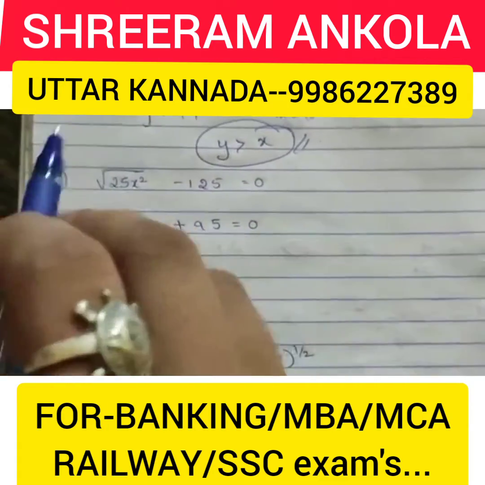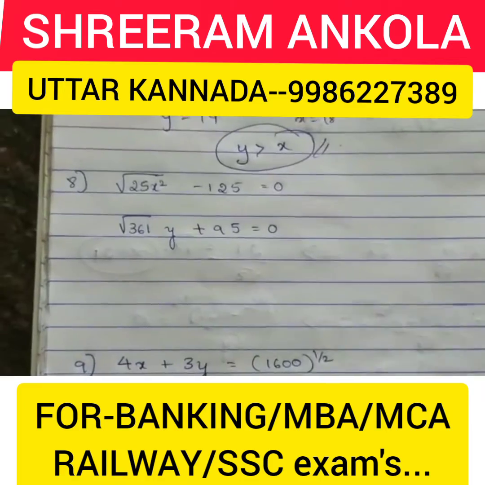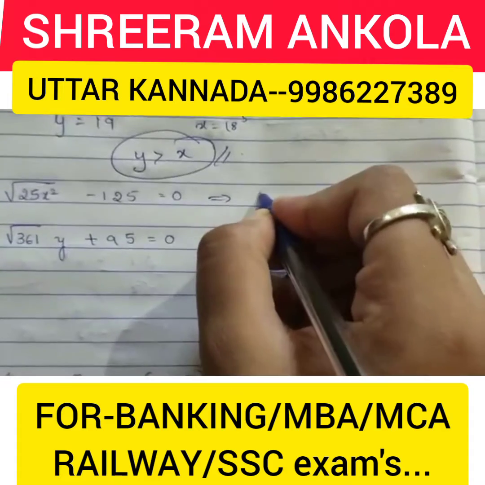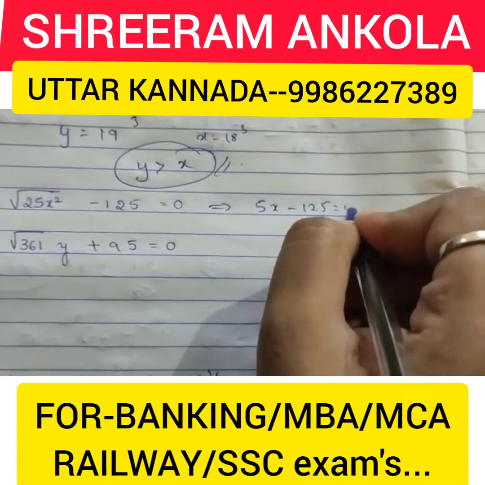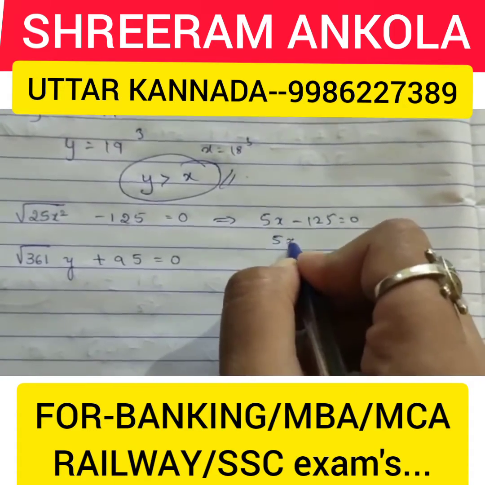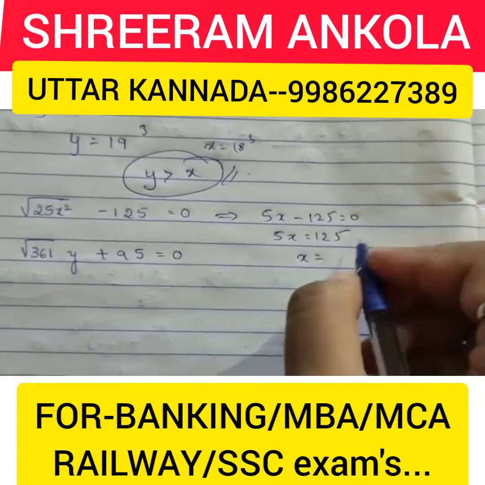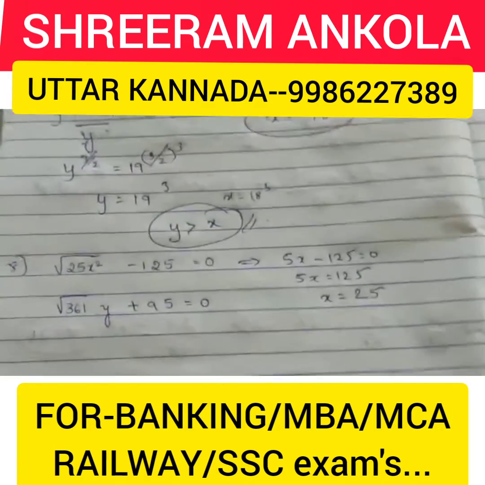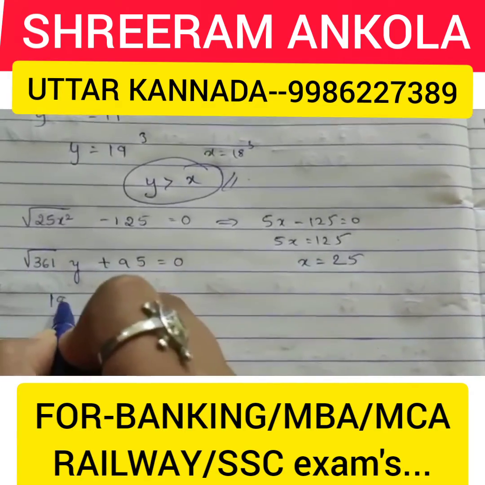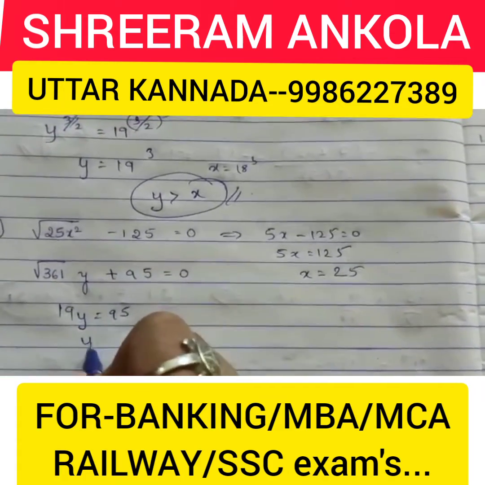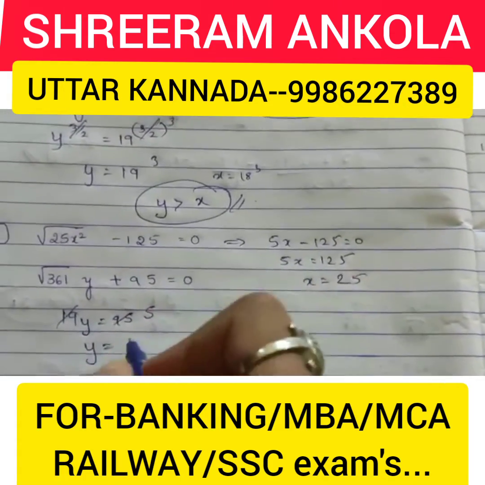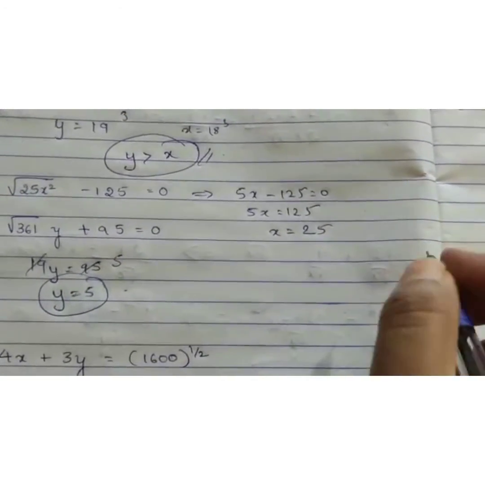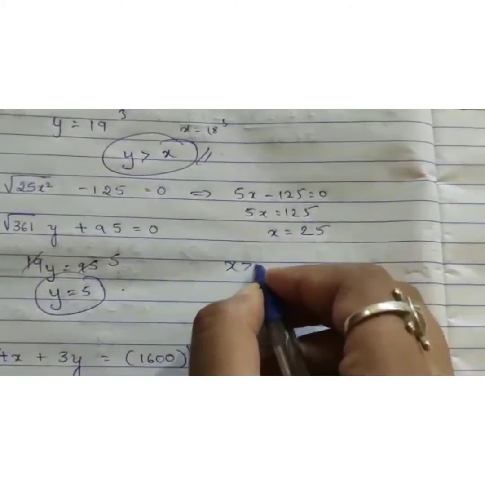This is the easiest question because this 25x square is under the square root. Therefore when you remove the square root, this will be getting as 5x minus 125 equal to 0. That means 5x is equal to 125, x is equal to 5 25s are 125. Now what is the square root of 361? The square root of 361 is 19. 19 y is equal to 95. But y, 19 5s are 95. Therefore y is equal to 5. X is greater than